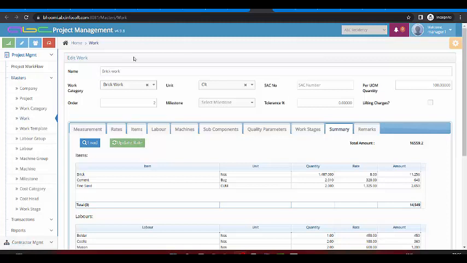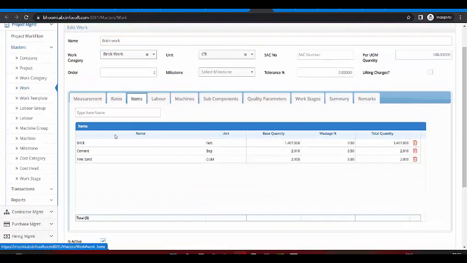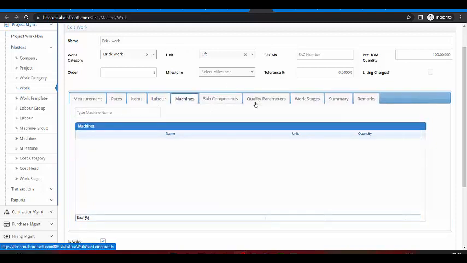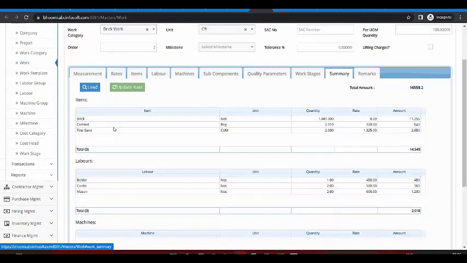For example, let's talk about the brickwork. This is a sample activity. So while adding the work activity in the software, we write down the work name, its required items in terms of name and quantity, labor name and their quantity, machine name and its quantity, and we can check out the summary for the particular work in terms of item, labor and machinery.